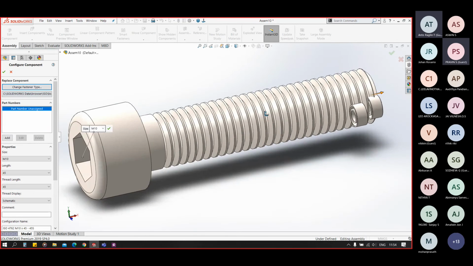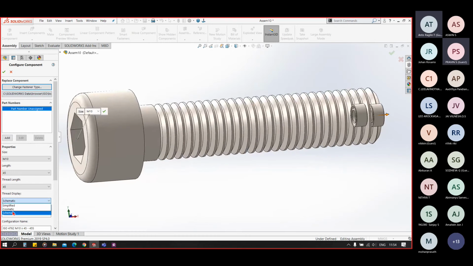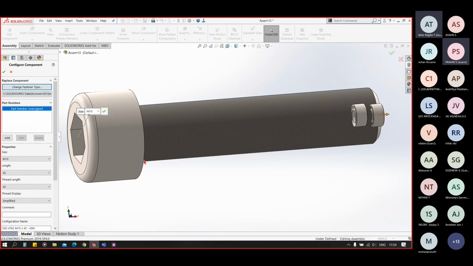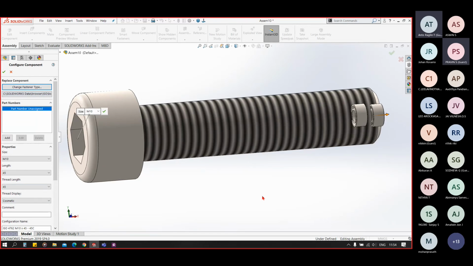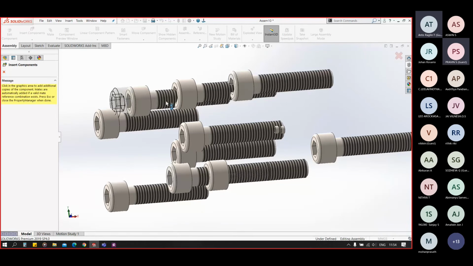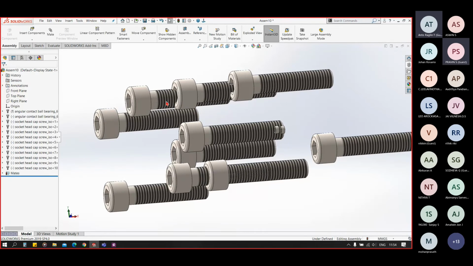Like this I can show the threads in the schematic. In the cosmetic it will be like this, and in the simplified there will be like this. Okay, so click on OK and it will generate instances till you cancel it.